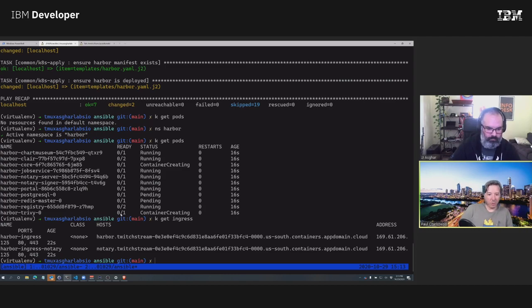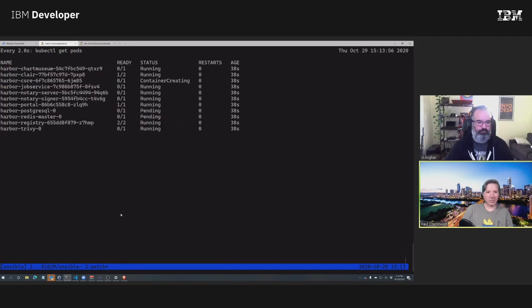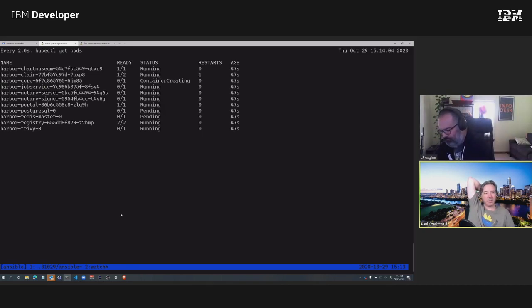So once our core pod is up, so let's do a watch kubectl get pods. So basically the main thing we need to see come online is core. And so core is going to give us the base website and stuff. Or maybe portal.